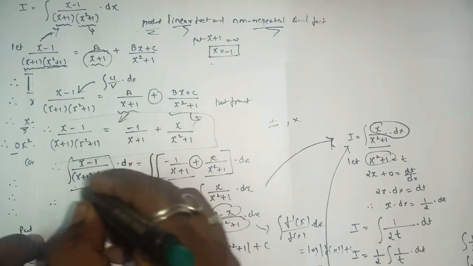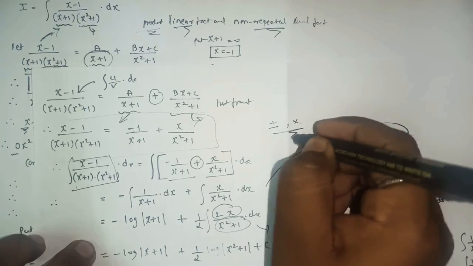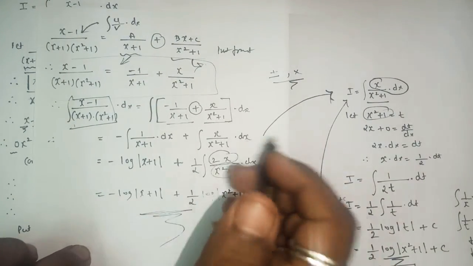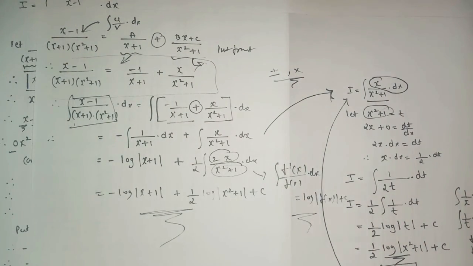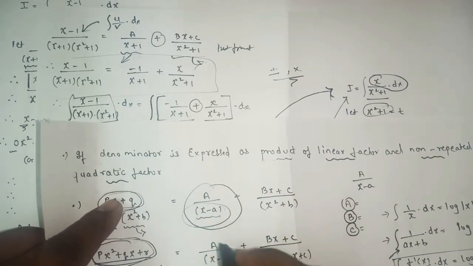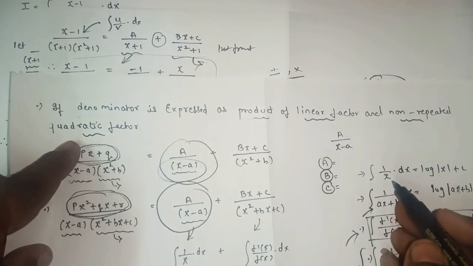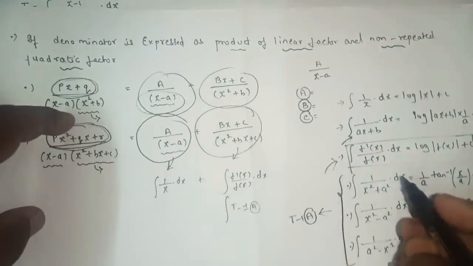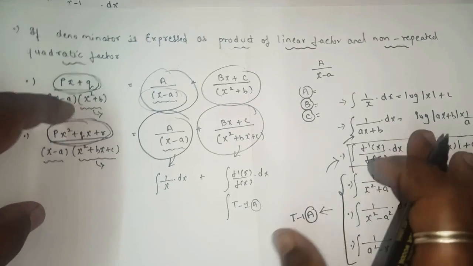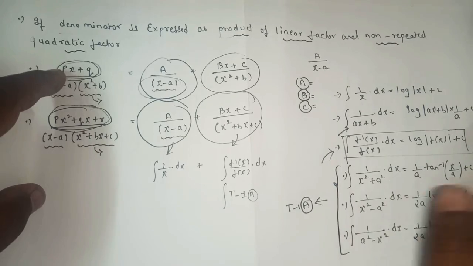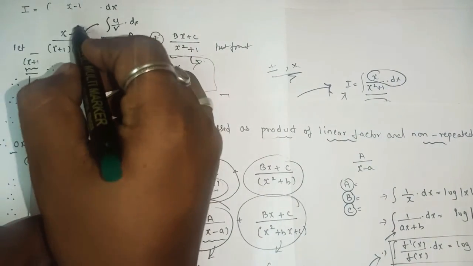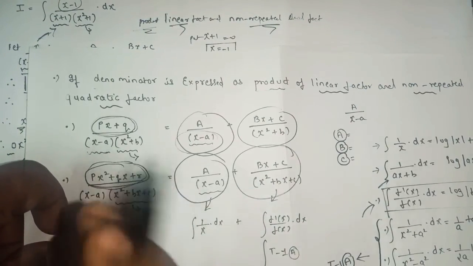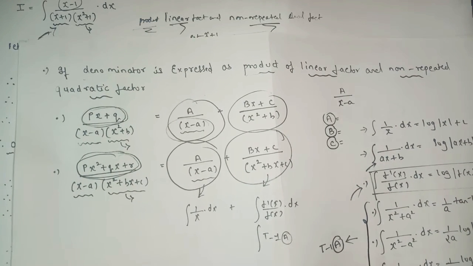Either you try to convert this part into addition, subtraction or multiplication, so that we can integrate the remaining function easily. And the rest, as I told, the first part will always get converted into integration of 1 upon x, and the second part will always get converted into either the f dash x upon f of x formula, or sometimes into type number 1a. So it doesn't matter whether we have a linear or a quadratic expression, the method will still be the same.